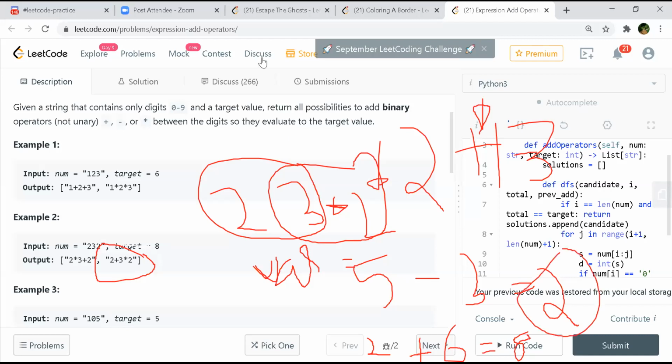Okay, so you are storing the previous operator also. Yeah, that makes sense. Multiplication is the only difficult part here, so if you are handling it that way, I think that should work. And it looks pretty clean also, because in my case you have to be very careful with the multiplication, and it's very difficult to even understand it later.